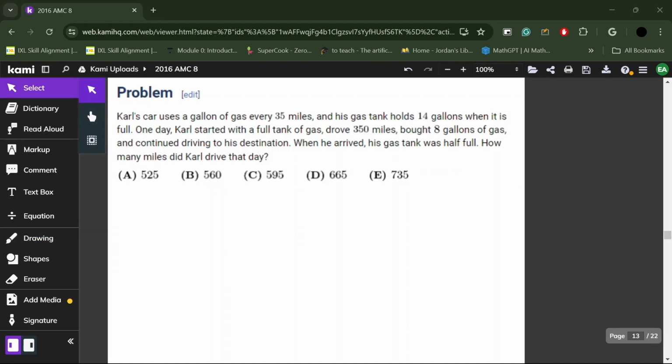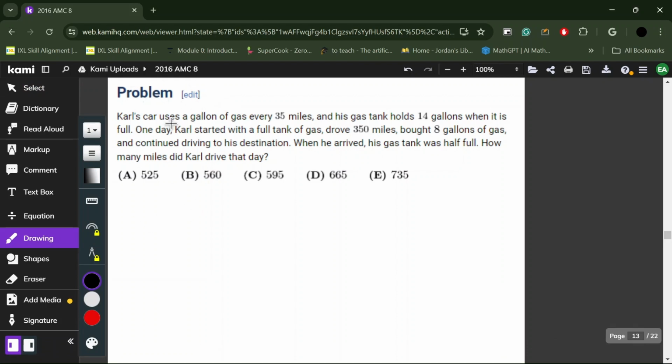Carl's car uses a gallon of gas every 35 miles, and his gas tank holds 14 gallons when it is completely full. One day, Carl started with a full tank of gas, drove 350 miles, bought 8 gallons of gas, and continued driving to his destination. When he arrived, his gas tank was half full. How many miles did Carl drive that day? So,